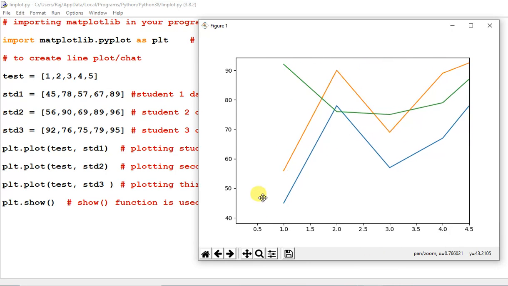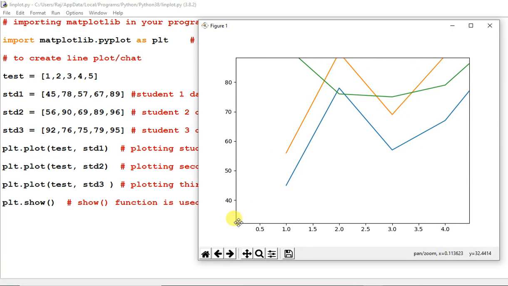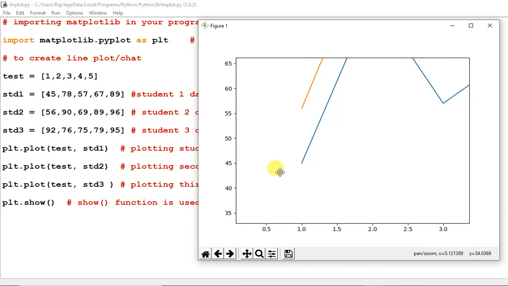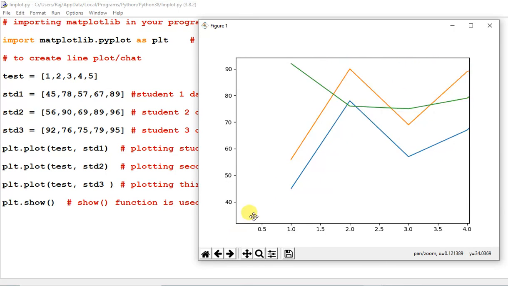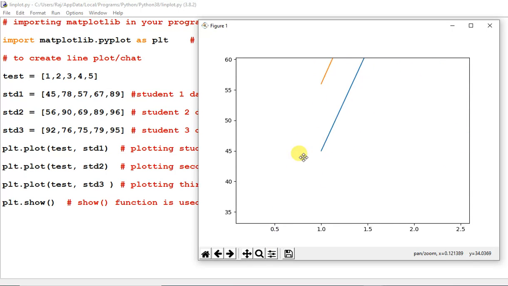When you get the desired place, you can leave it. And when this icon appears, the mouse pointer, and you press the right button, it will zoom in and zoom out. Look at here, it is zooming in and zooming out.